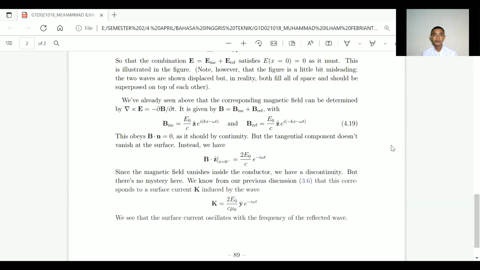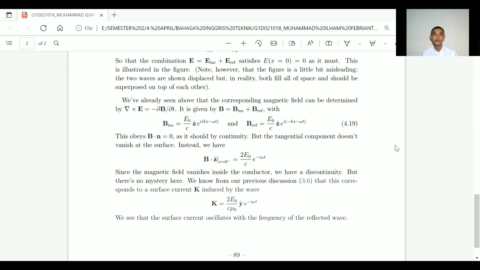It is given by B equals B_inc plus B_ref, with B_inc equals E0 divided by c z e to the power i kx minus omega t, and B_ref equals E0 divided by c z e to the power i minus kx minus omega t. This will be multiplied by n